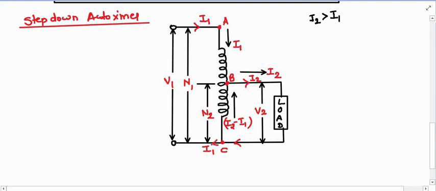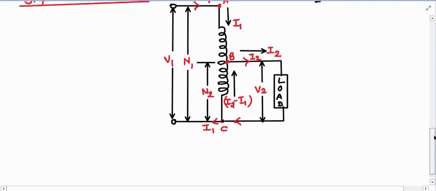Here in this branch my I1 should get returned. So what is the current in this branch? For that purpose I have applied Kirchhoff's current law here. This is current I1, this I2 is coming here. So out of I2, I1 is going toward the supply. The remaining current will go in the upward side, so that is I2 minus I1, right?